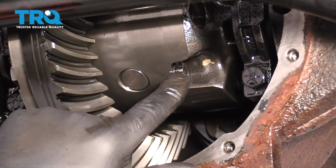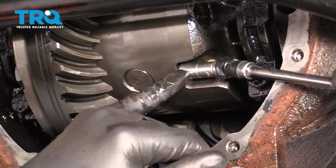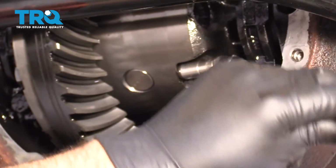Now I'm going to take this bolt out, which actually has a pin that goes through there, and I'm going to use an 8mm socket. You can try to use a wrench. Sometimes it's not so easy. And just take that off, loosen that up,